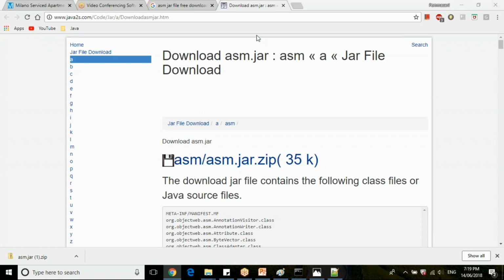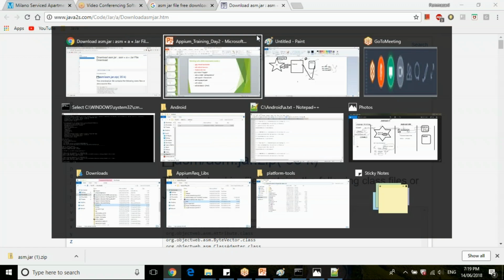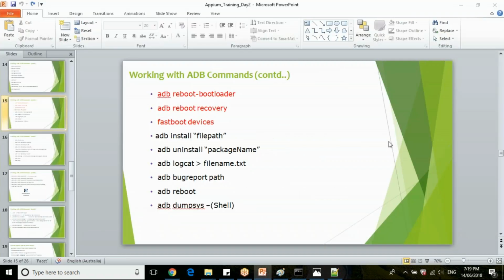Let's resume after 5 minutes, guys. Is that fine? I just wanted to show my mobile screen so that you can see what this particular command, Android Debug Bridge, installing application or uninstalling application is actually doing in my mobile. I just wanted to screencast for you.